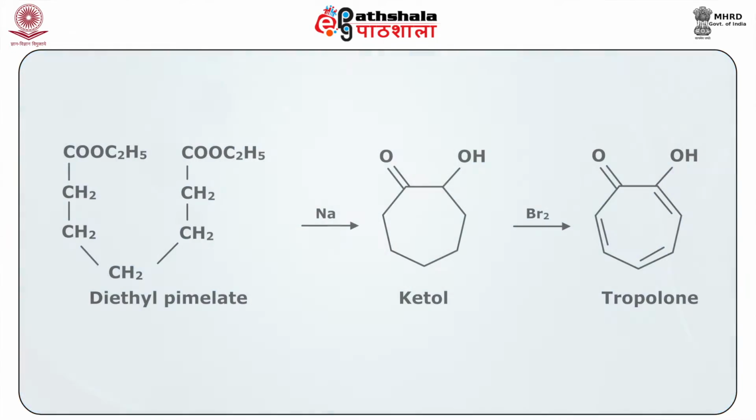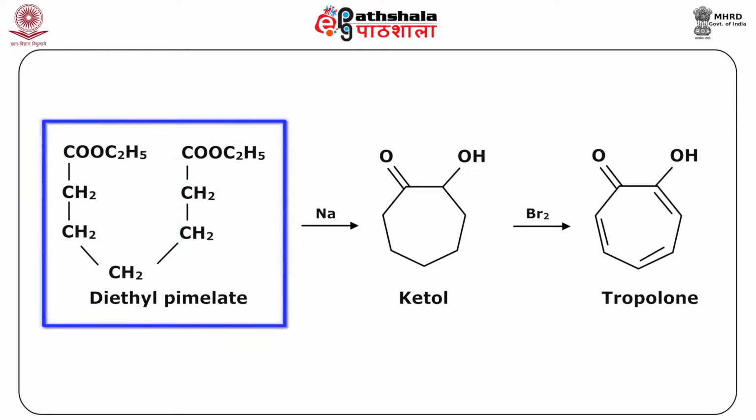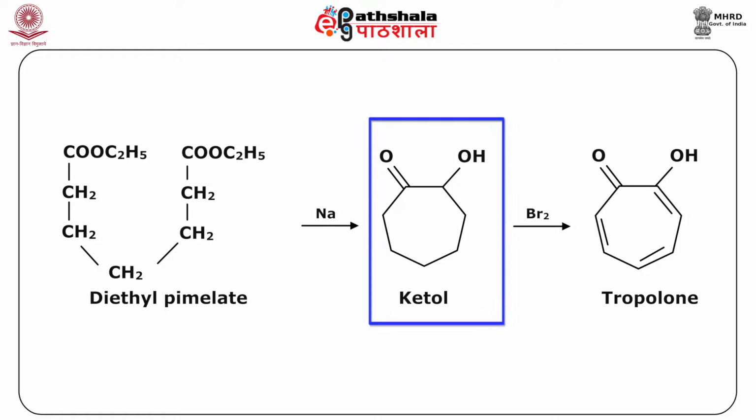This is nothing but, you can say, the completely saturated form of tropolone, where we have a cyclic heptane structure with a ketone and a hydroxyl group. So unsubstituted tropolone has been obtained from diethyl pimelate by acyloin condensation, and it gives the ketol followed by bromination. The bromo derivatives lead smoothly to tropolone, after the bromination of the diketone, which therefore cannot be an intermediate. This is shown. Diethyl pimelate is first converted to the ketol, and this ketol is brominated to give you a